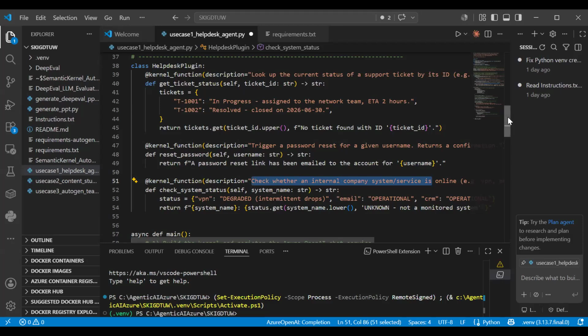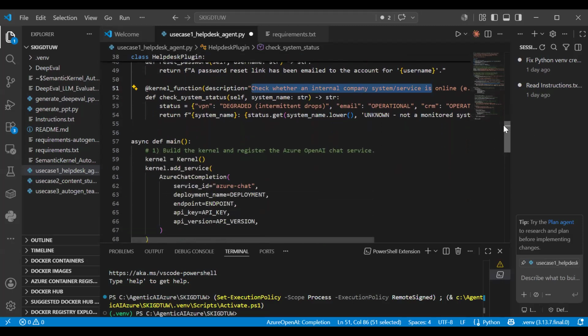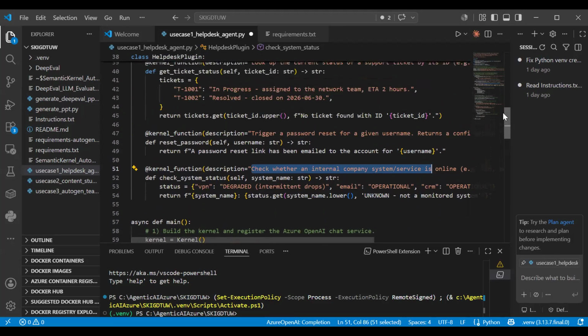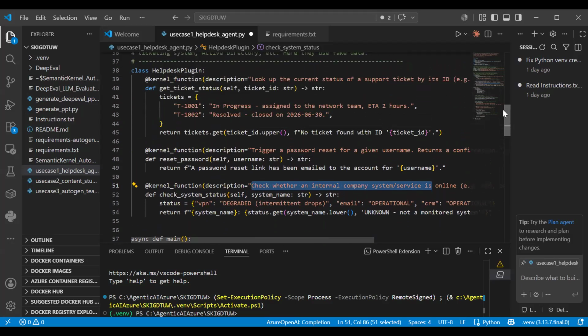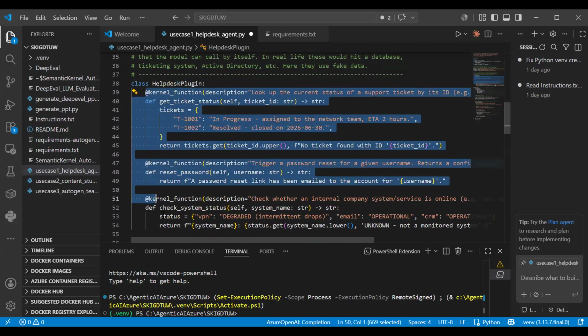Okay. Now we need all these three, and the kernel needs a kind of orchestrator. So if you go down, all the three functions would be native functions as well. Yes, these are all native functions typically, because within this class only, we have all three functions.